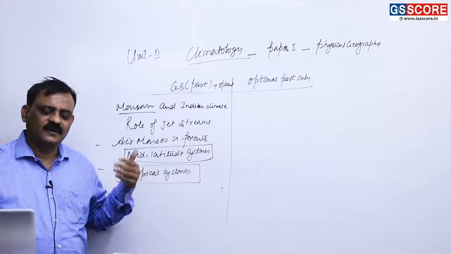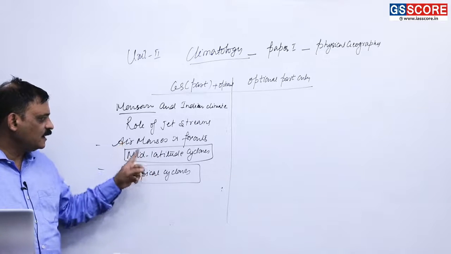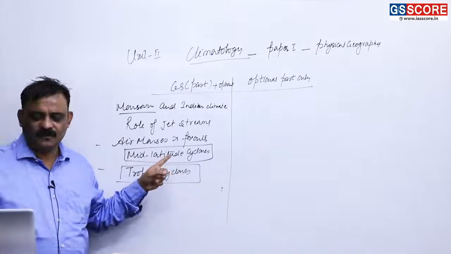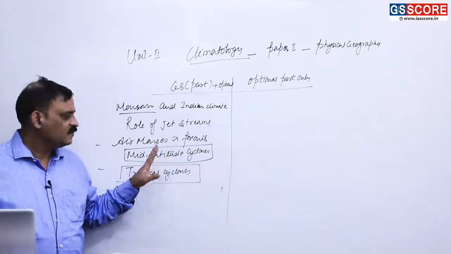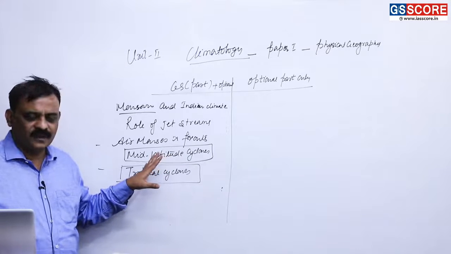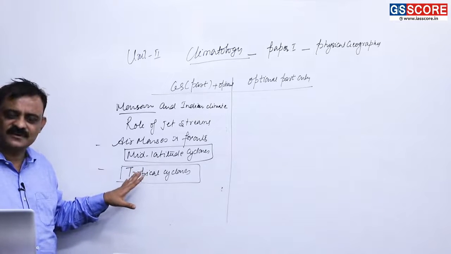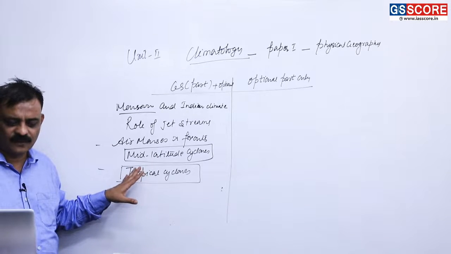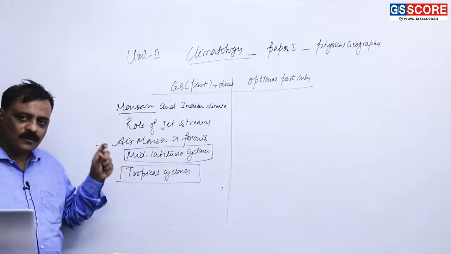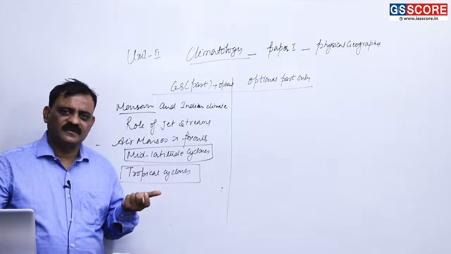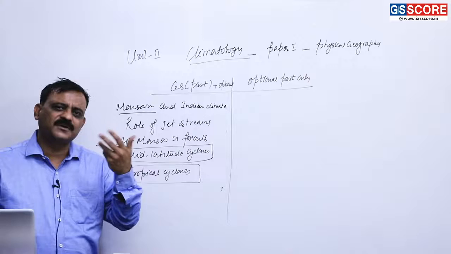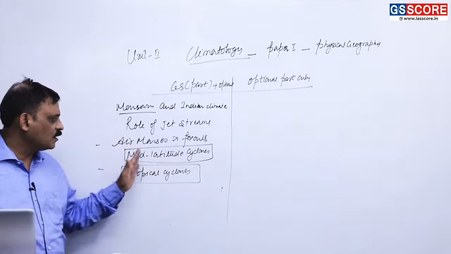For example, frontogenesis we study in the context of mid-latitude cyclone. Mid-latitude cyclone के context में we tend to study about the frontogenesis, and we have different theories which are associated with the origin of a tropical cyclone. Okay, now not only the origin we are going to study,